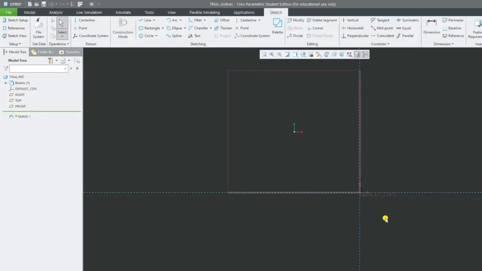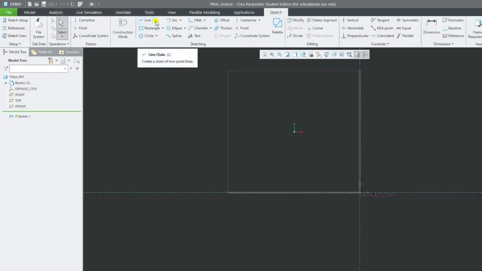Okay. Now let us check for the construction lines. We call it construction mode. So what is the difference? If you click on this construction mode, after this whatever you do, all the things will appear in construction mode and they will not be extruded. They will only be in construction mode. Construction mode drawings will not be able to extrude. It will only be for our reference purpose. So let us see what those are. First we go for line.